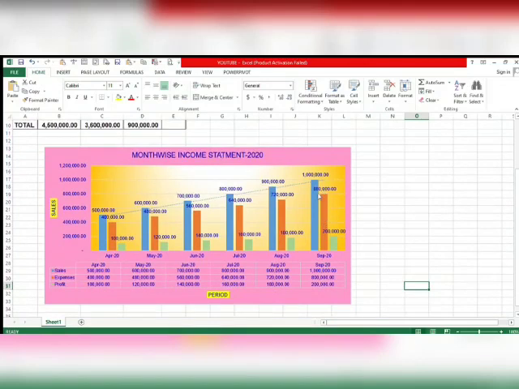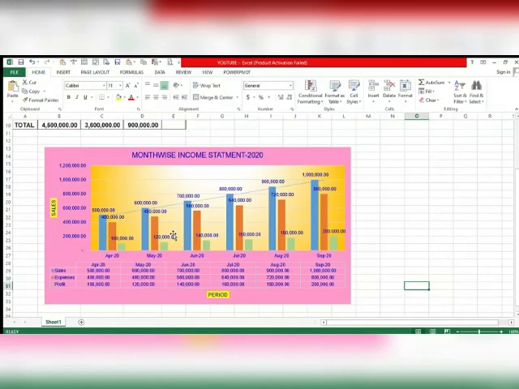Okay, so this is the way we can understand the progress of the business for the last 6 months. Usually this bar chart is very useful whenever we are going for a live presentation or a high level management meeting.